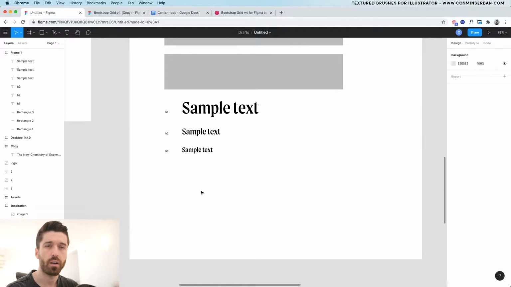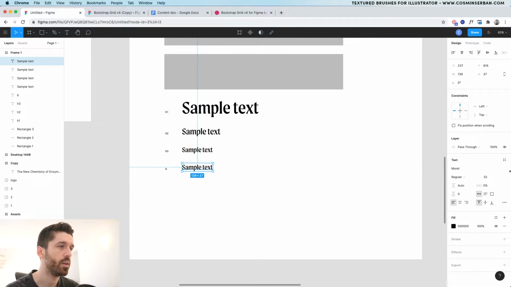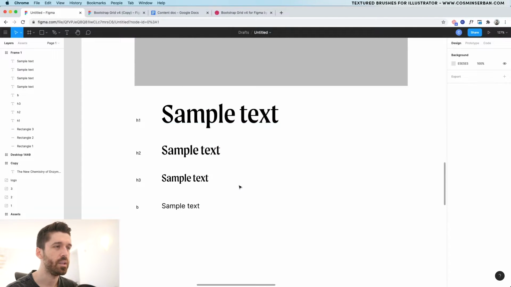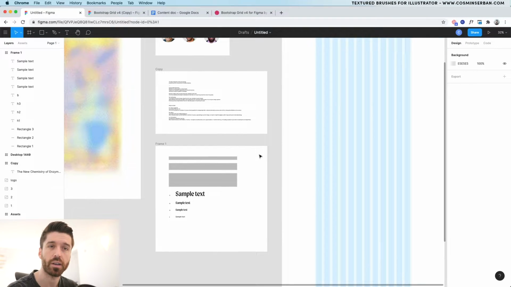And for the body text, I'm going to use Inter, the sample text, which will be about 20 pixels. Place it here and go for Inter. Yeah, regular should be good. I already have these established, so I'm going to just sample them whenever I need them or copy them to the actual canvas whenever I start constructing this page.